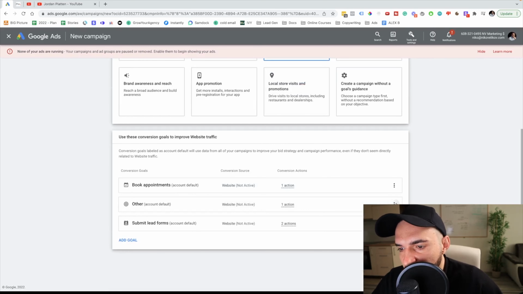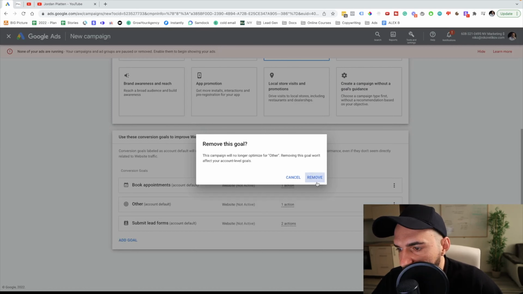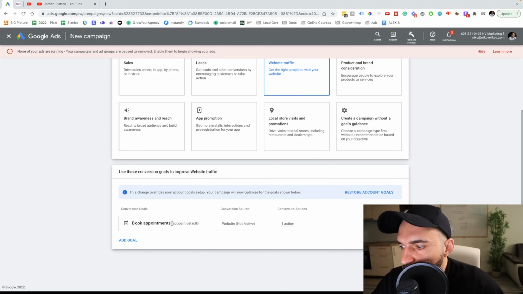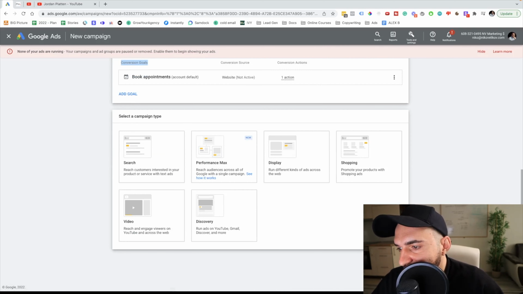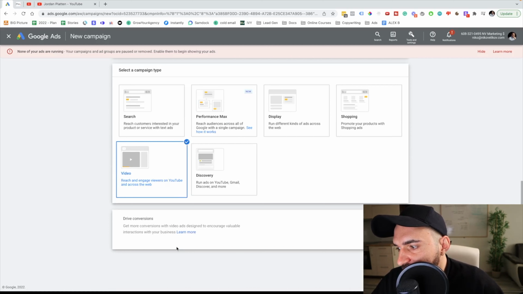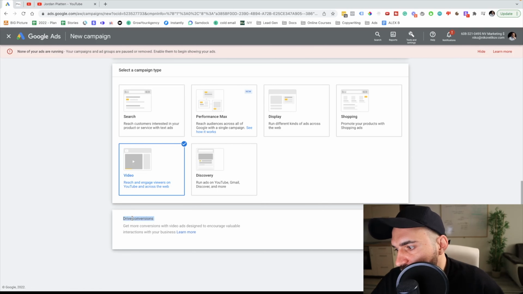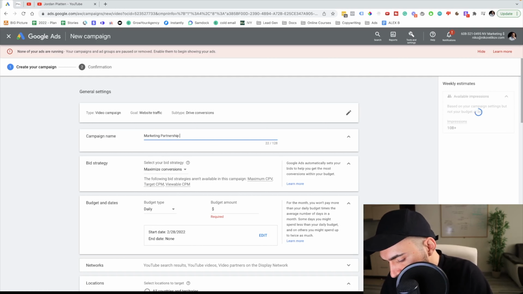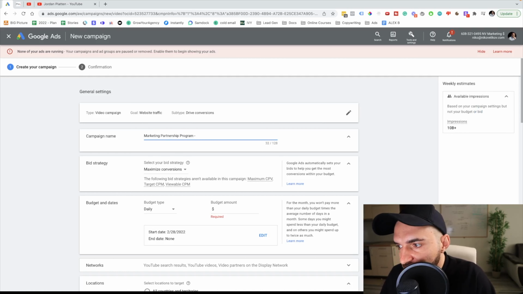I'm gonna scroll down where it says conversion goal. I would like to optimize my campaigns for conversion goals. I'm gonna click continue, and select video campaigns. I would like to drive conversions, so that looks good. And here I'm just gonna type the name of the offer, which is marketing partnership program,